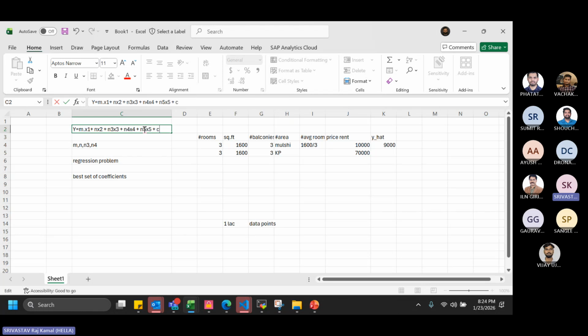Now that would be c dash. So you mean what I want to say? This information, a good information, you have taken out from something which you do not know. So from uncertainty, you bring something out with the help of knowledge, right? And knowledge always comes with more features, also with more data points.